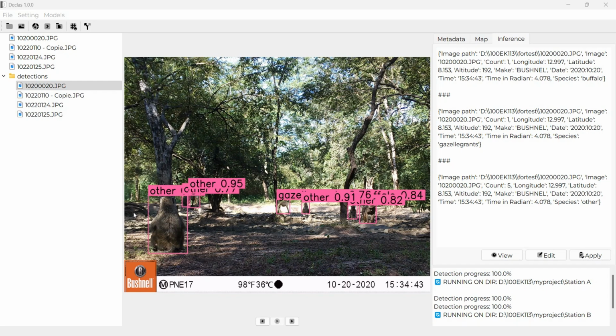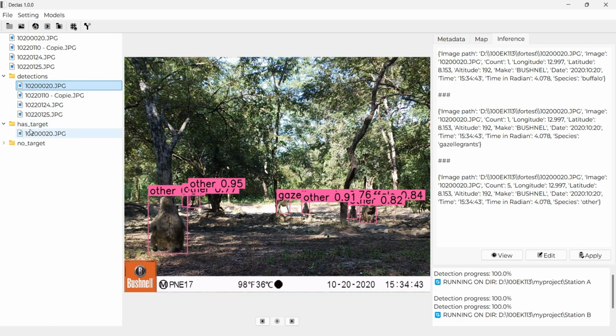Well, the last thing I want to show you is that once you finish your detection or classification, maybe you need to split your detections into a group where you have at least one detection, and a group where you have no detection, or blank, empty images. To do that, you just need to click on this icon. If you click here, you can see that I have two folders created automatically.